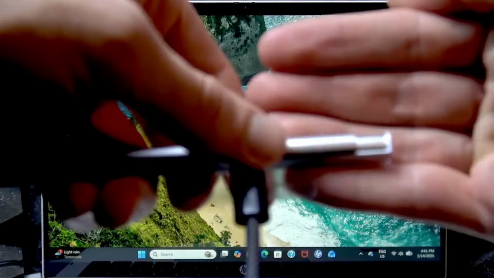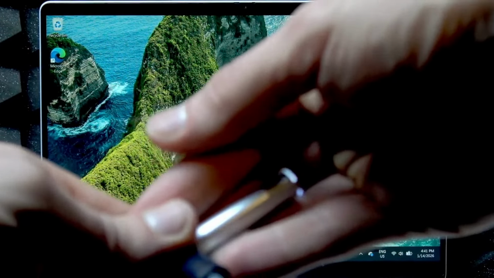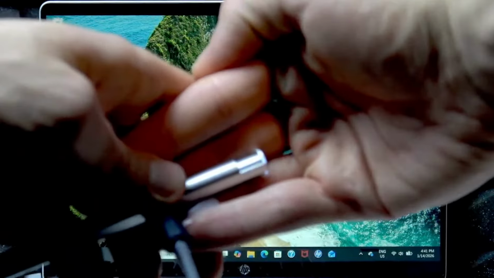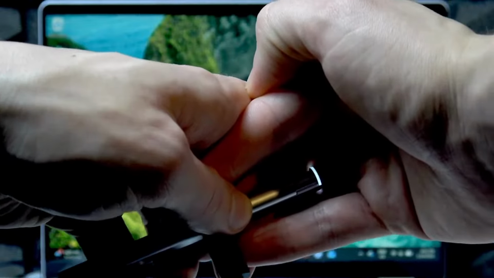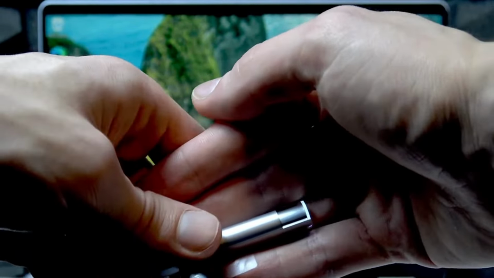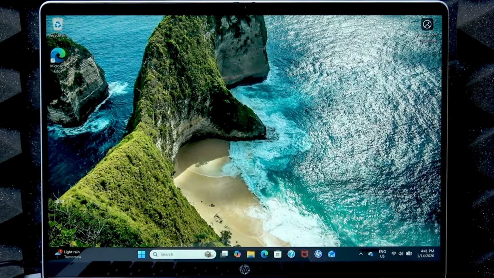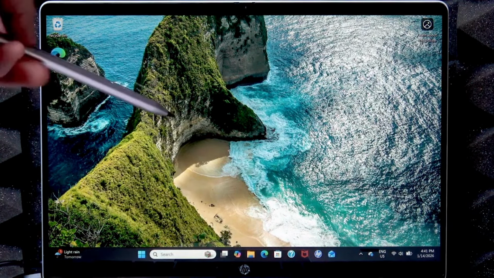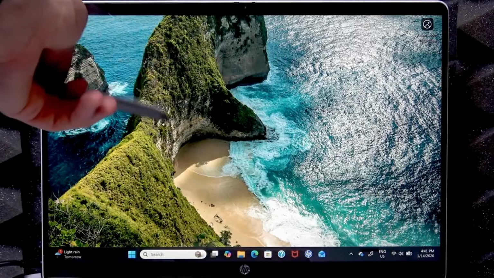If your device is discharged, then your LED indicator will be glowing orange or red, and in case it's glowing white color, that means that your pen is charged. So if your pen is fully charged, then it must not be the issue. Now try checking it on your device's screen, but in case